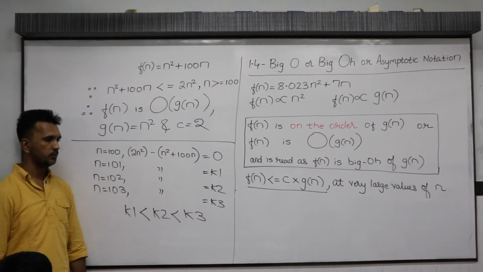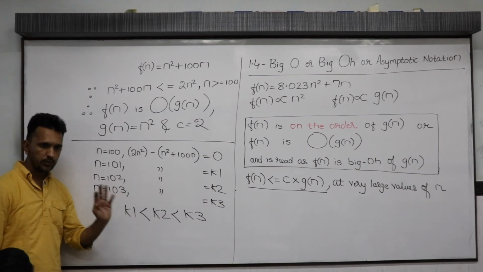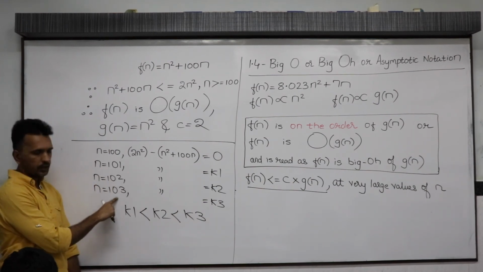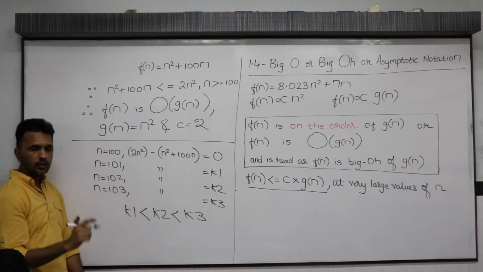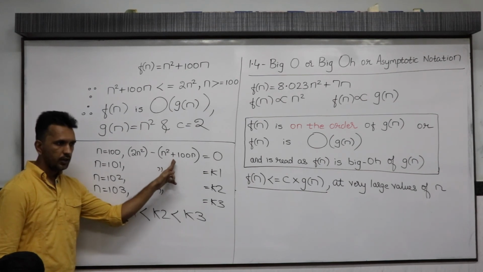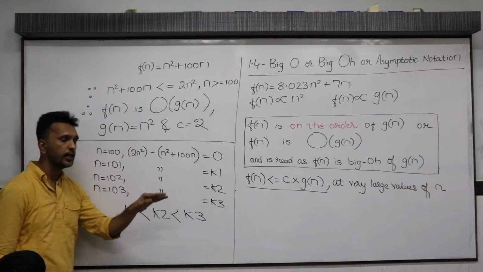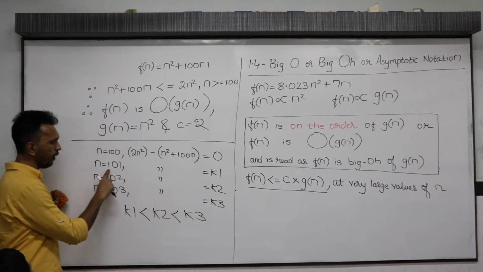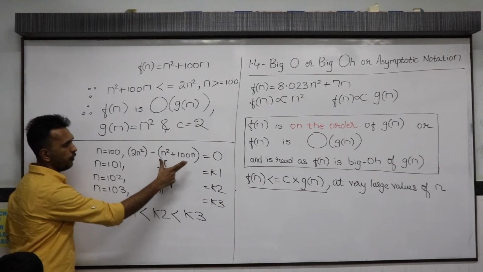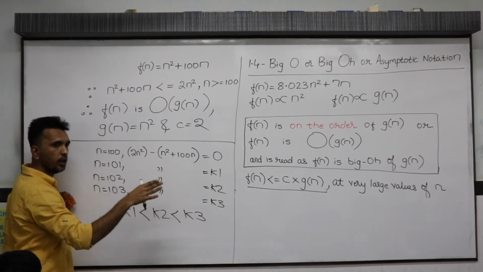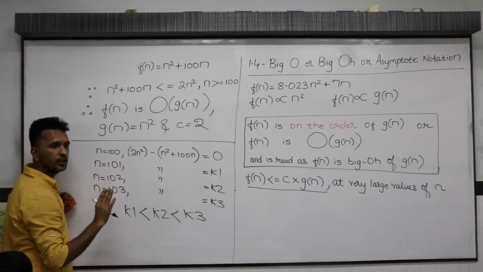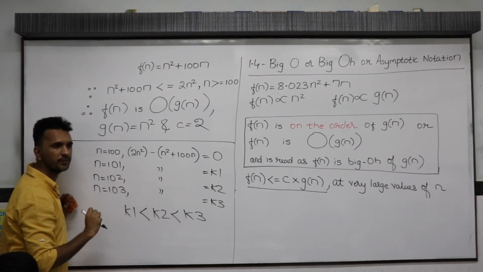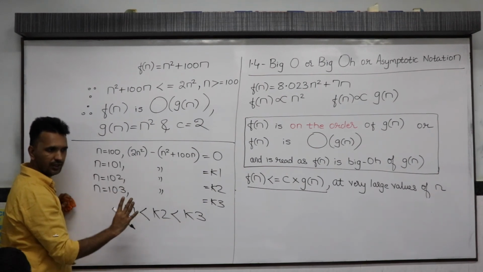Be very attentive. You know what this mathematical property means? It means this way. As the value of n keeps on increasing, f of n becomes smaller and smaller than some multiple of g of n. When I say some multiple, who is that some multiple over here? 2 of g of n. Who is g of n? n square. So you know what property did we study over here? That as n keeps